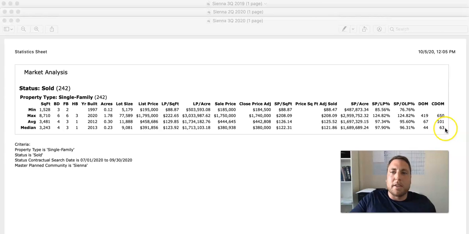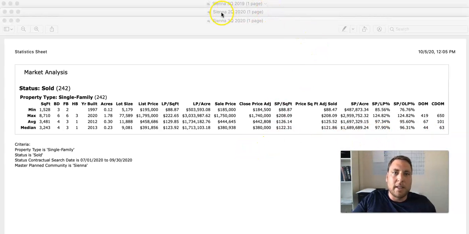And then complete days on market, 63 as a median. So if your house is priced properly, you can expect it to sell in 63 days. That's pretty much what that's telling you. Of course, price points change things, but that's a pretty hot market. So we'll see what happened